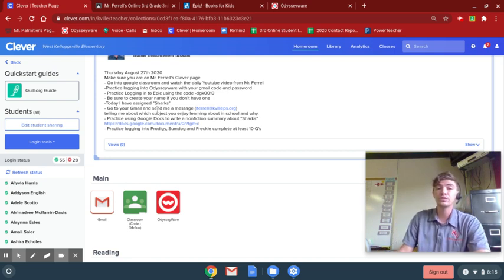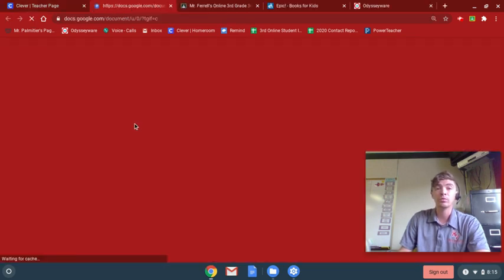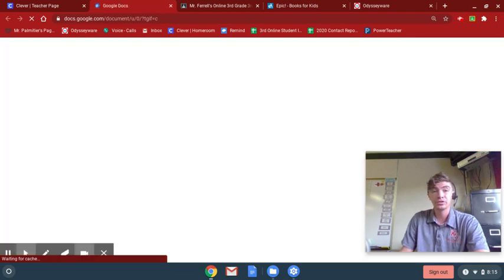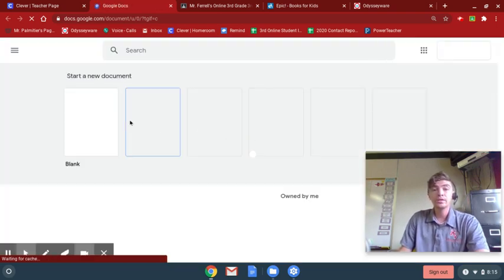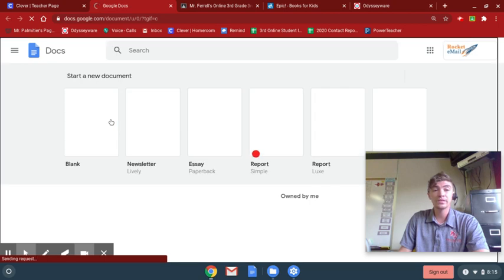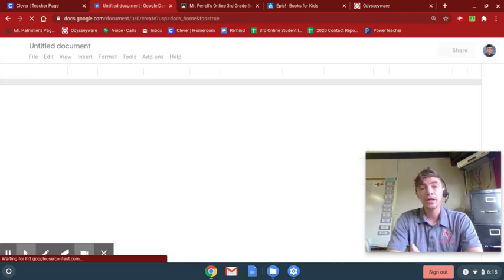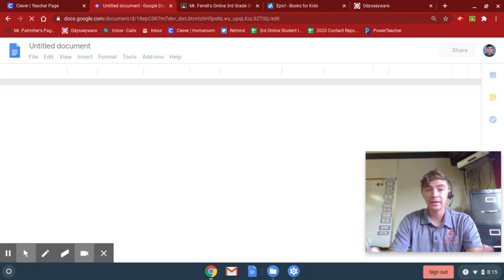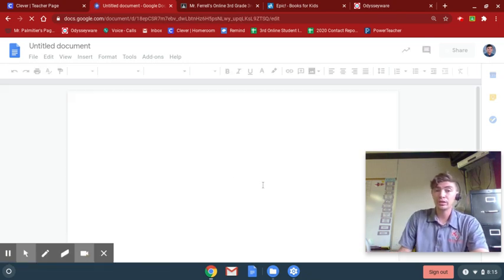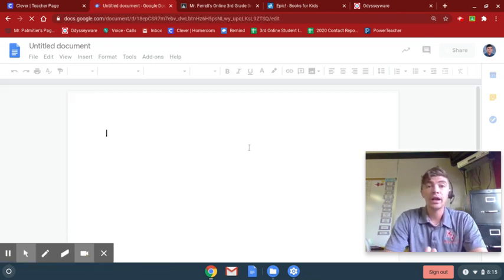Now, some people were confused about Google Docs. Many of you did an amazing job. I linked the Google Docs app right here directly underneath. All you need to do is click that and it will bring up your Google Docs page. Okay. This is the point of Google Docs, and remember you need to hit blank to start a new paper, is to write a paper, write an essay. Okay. And so what you're going to be doing is writing that essay summarizing the book